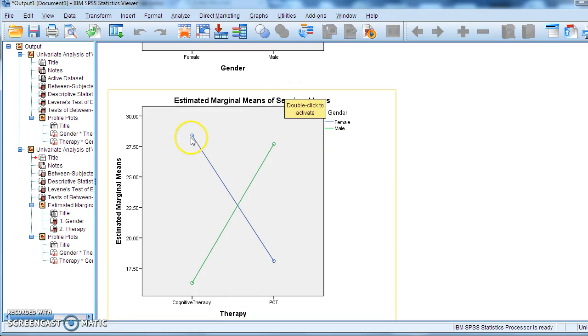So for females, this is comparing females. PCT is good, but cognitive behavioural therapy is not so good. For males, which is the green line here, cognitive behavioural therapy is good because it's fewer sessions, whereas person-centered therapy is less good. Now, unfortunately, I'm going to have to click on this and do another screencast of this,